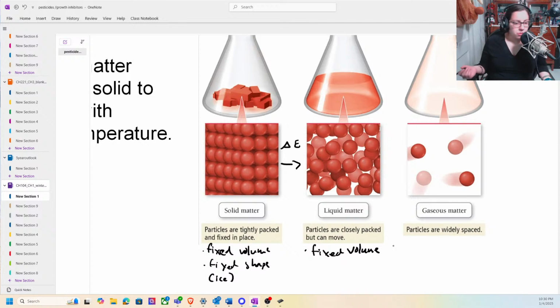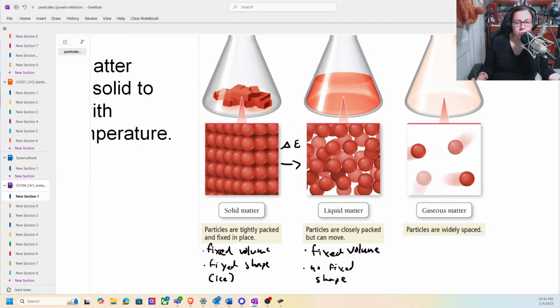volume. You're probably aware of that. If you buy a drink from the store, it says it has a certain amount of milliliters. You pour it into another container, and it will still have that same amount of liquid. But we can say now that they have no fixed shape, so they take the form of their container. Again, you are well aware of that. You can pour water from one container to the next, or another liquid, and it will simply fill that shape.